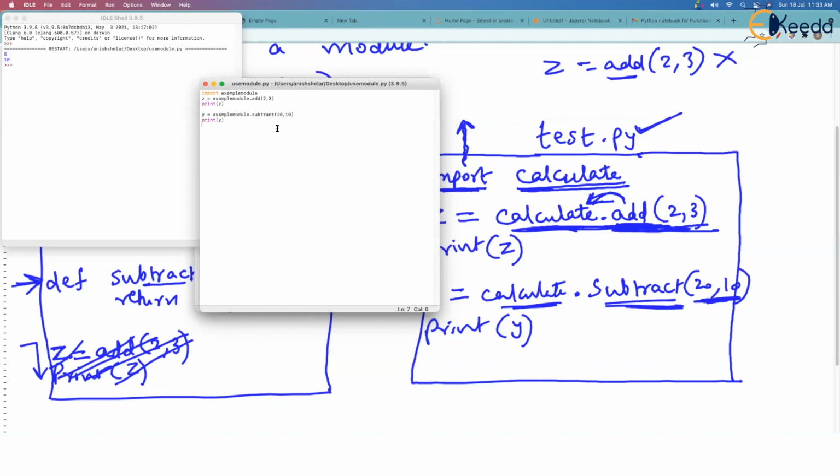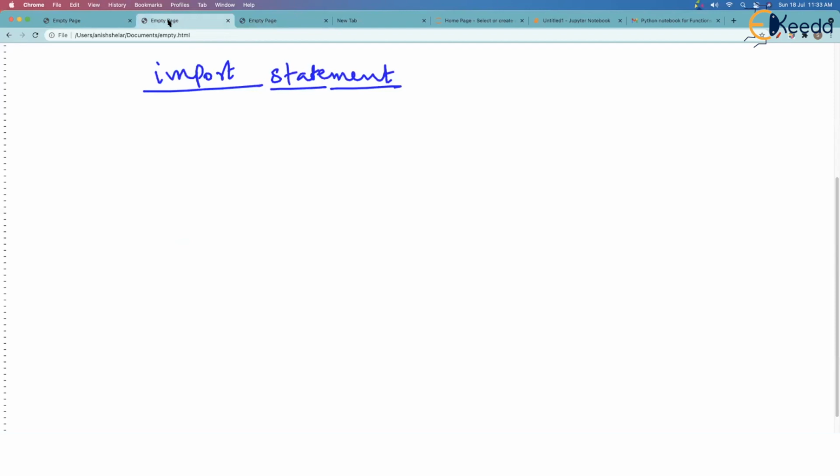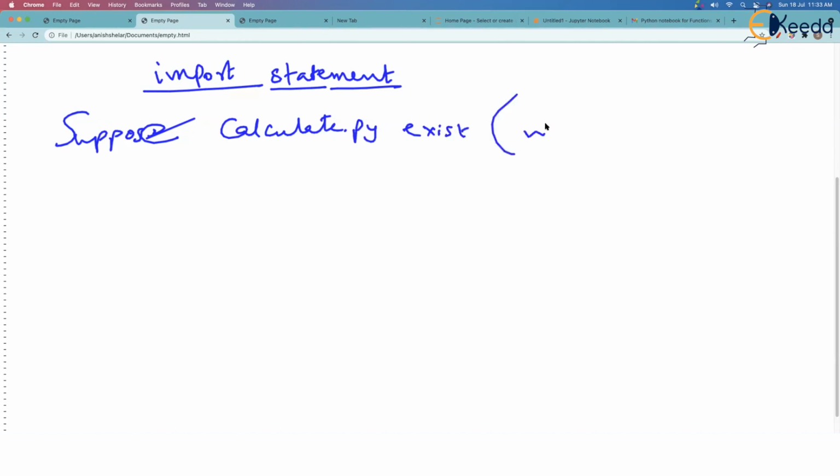That's not the end to it. We have a long way to go. But you see that, one way to import. Suppose calculate.py exists, which has two methods, method or function, both words are the same, two methods, add and subtract.